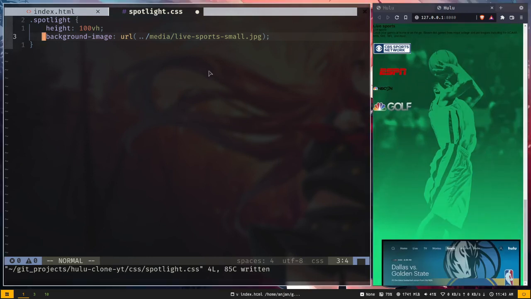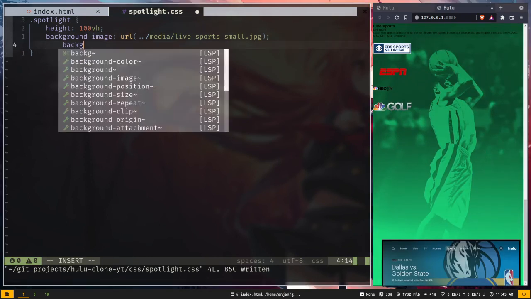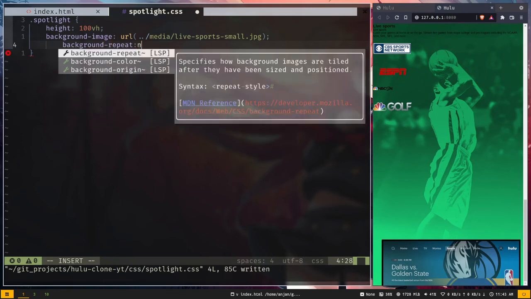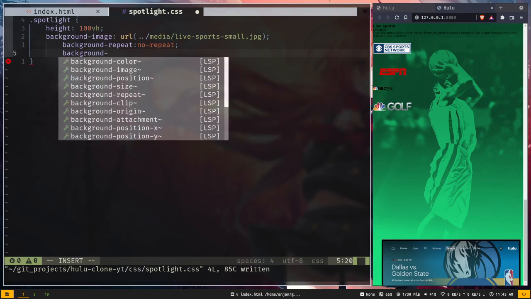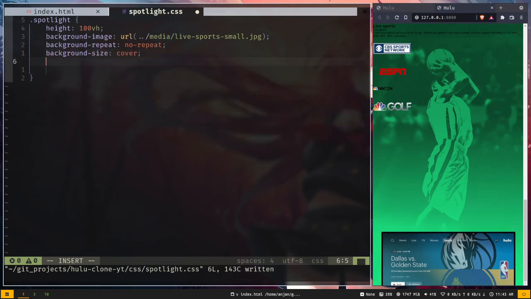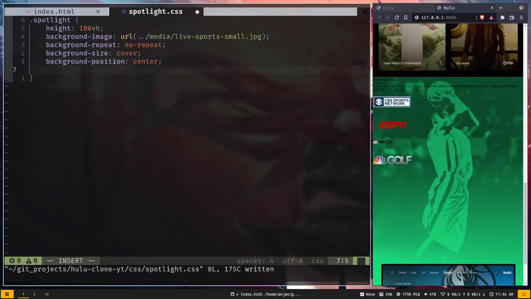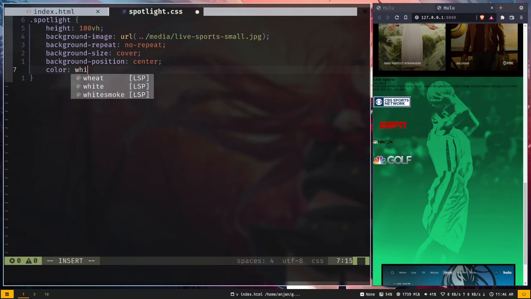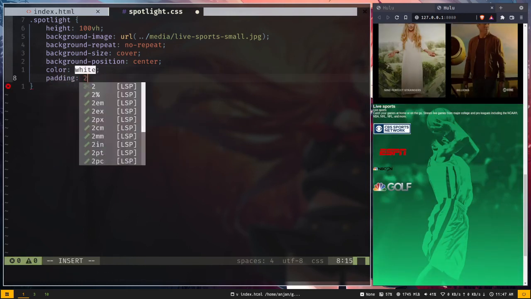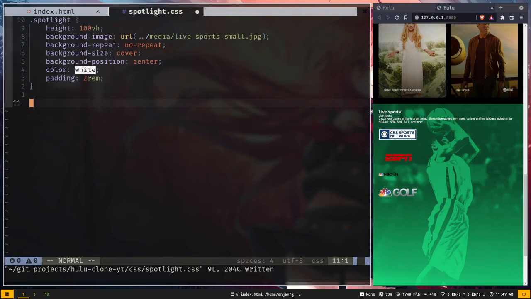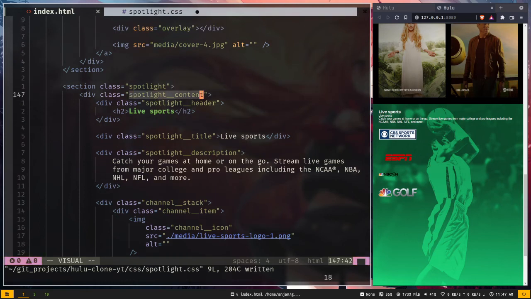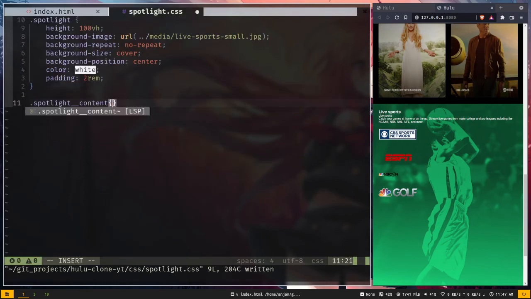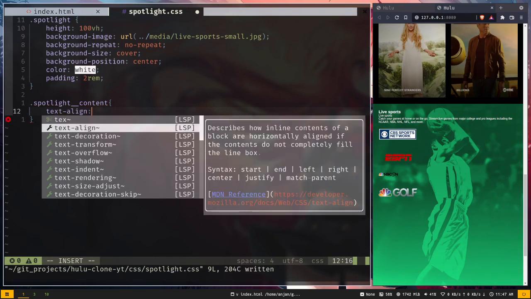Alright, so here is the image. Now let's make background repeat to no repeat. Then background size to cover, and background position will be center. Color to white, then padding to 2 rem. Let's select the spotlight content. Actually I will just copy the class name where it is. Okay, so here. Now let's make text align to center,